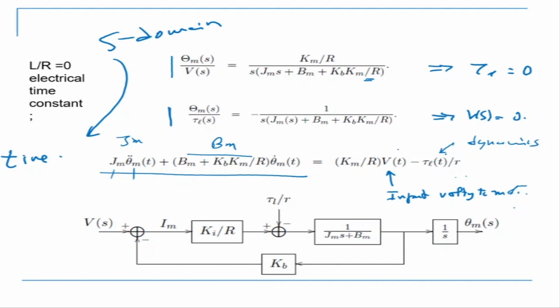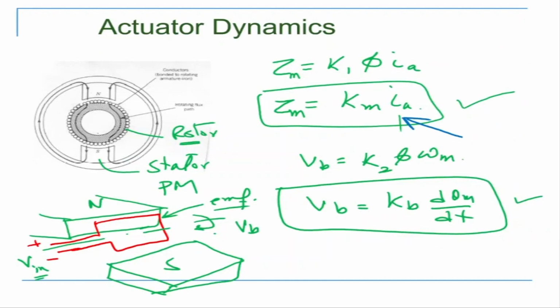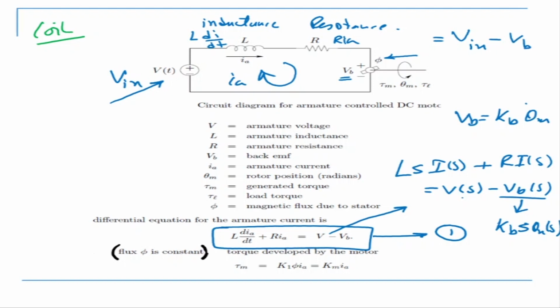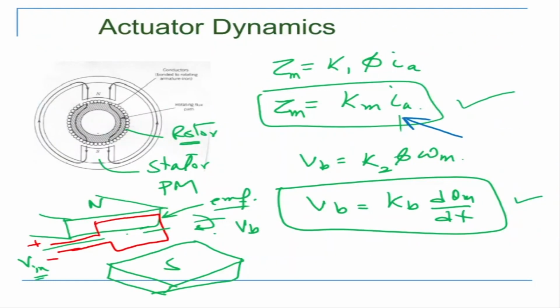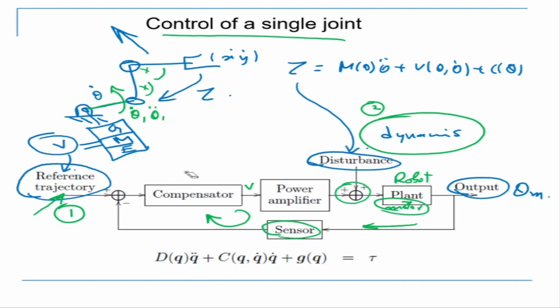So when we say design a controller, what is the controller doing? The controller is going to decide how much voltage goes to the motor. Let's go back a little bit and try to understand this. The controller decides how much voltage should go to the motor to get the motor to a desired position. This is my reference trajectory, and this is my controller. The controller is deciding how much voltage output to give to the motor.